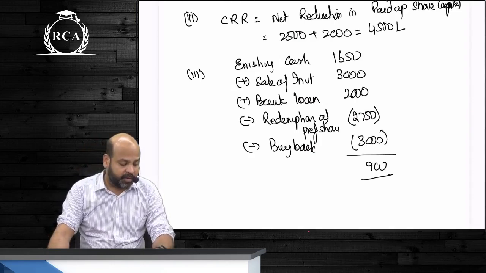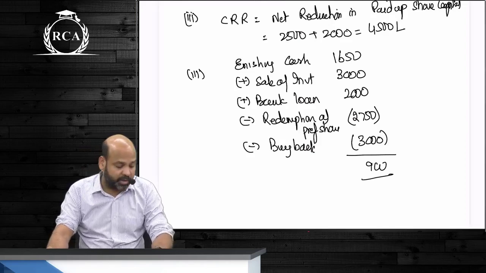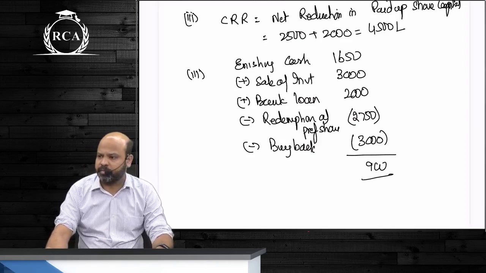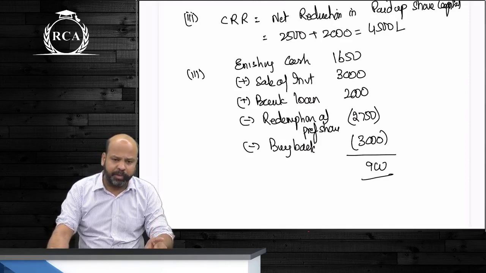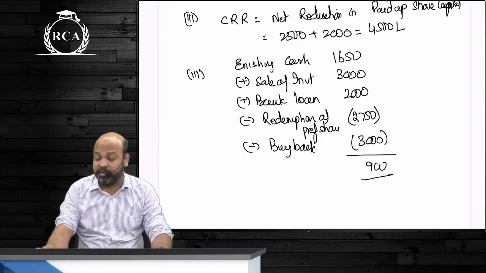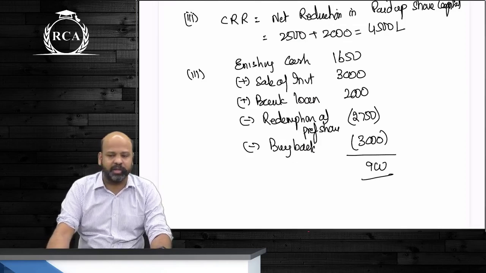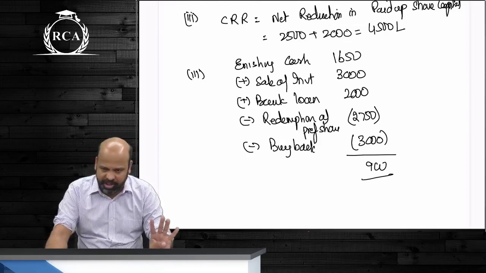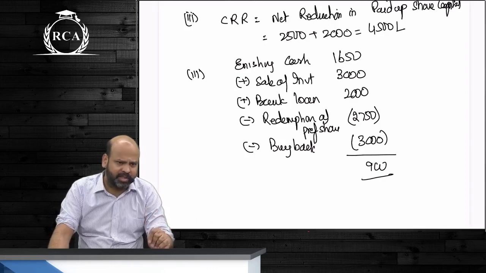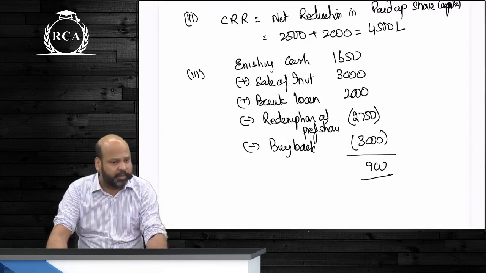Shall we start the next case scenario? Fifth one, guys. There will be one case scenario given from company accounts. Based on the previous trend, company accounts includes internal reconstruction, includes cash flow statement, includes buyback, includes schedule 3. 4 chapters. Tomorrow I'll show you the detailed weightage as such, guys, as to how question papers are being framed.